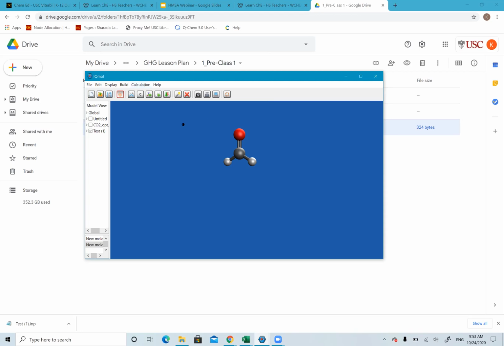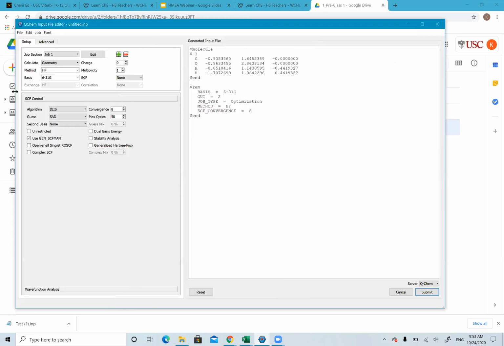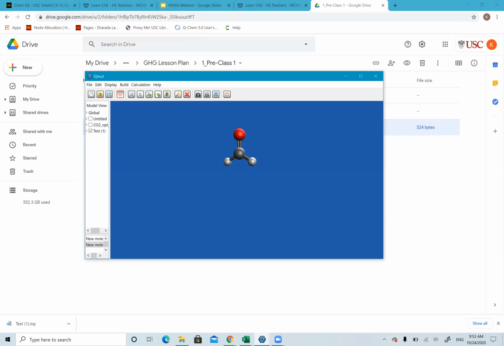And so now you have a molecule, and we're going to go under Calculation and QChem Setup. Just hover over that, it'll pop up, and then click on the QChem setup. Can everybody get here, or does someone need help? Yeah, cool. So if you hover over Calculation, or you click on Calculation, depending on your computer, there's this QChem